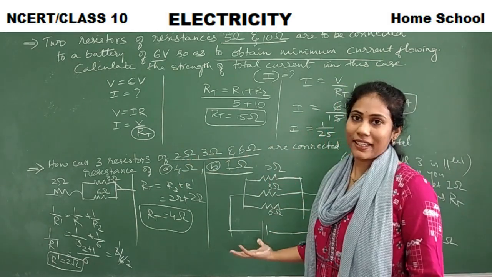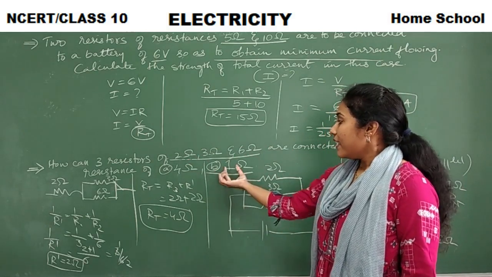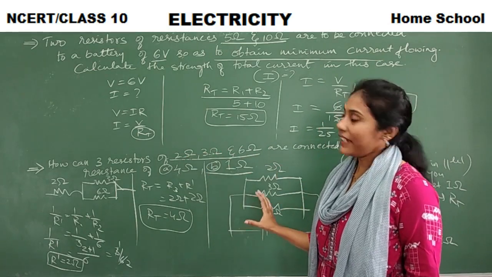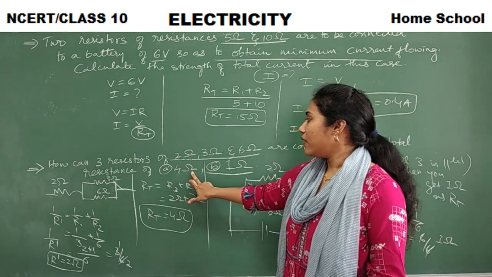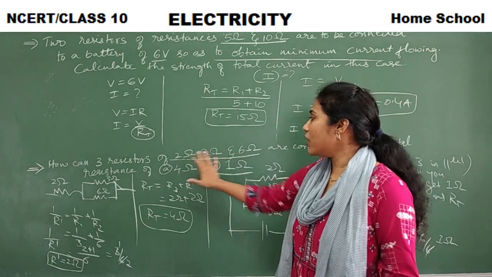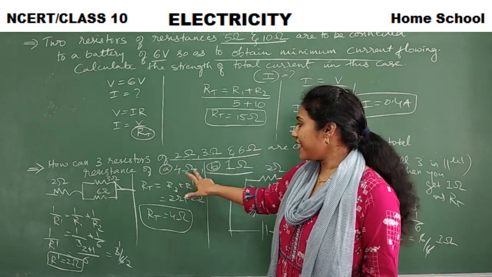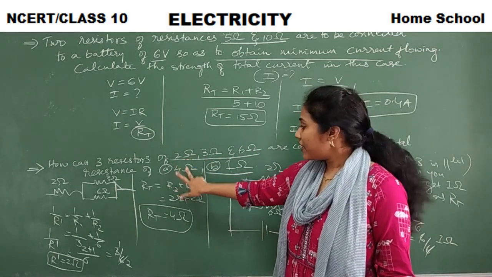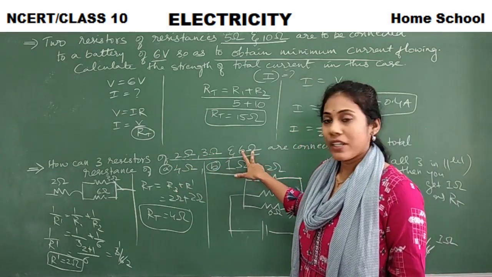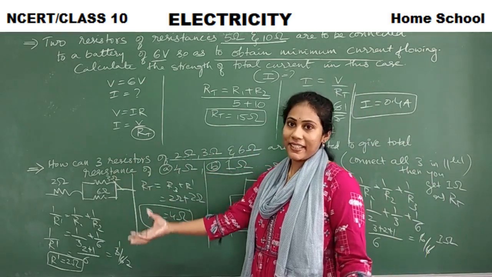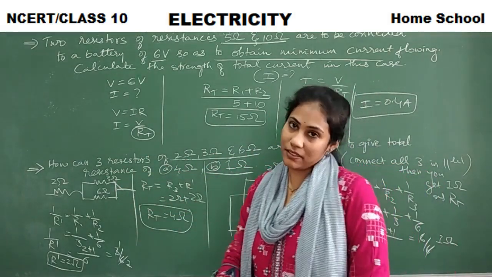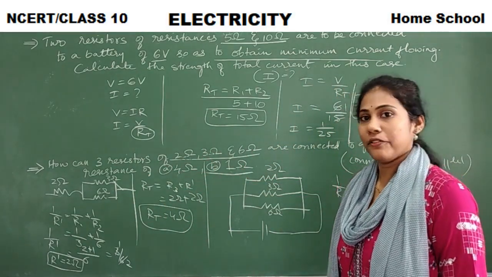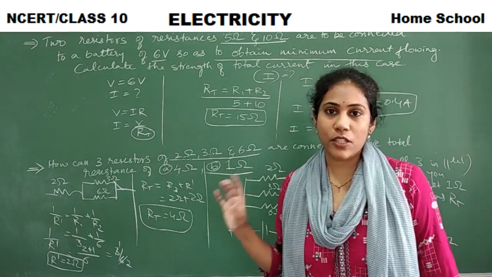They are connected in parallel, because only in the parallel case is the total resistance lower compared to the individual resistances, right? But here you see this is not lower, and it is not greater either compared to these. In case of series, the total resistance is very high because you will be adding all three, right? So this is not very high either. So definitely one would be in series, and the rest of the two are in parallel. That way you have to think and frame the circuits. Clear everybody? Fine. So let us move on to the next question.